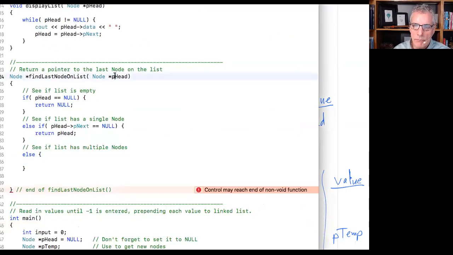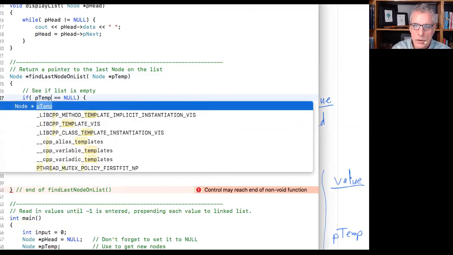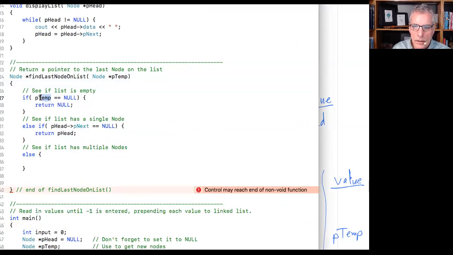Now in this case, we have p head. So I think we talked about maybe changing this to be ptemp, which means this should be ptemp here too, and also down below here. So instead of ptemp with p head, we'll call it ptemp, right? Else, now